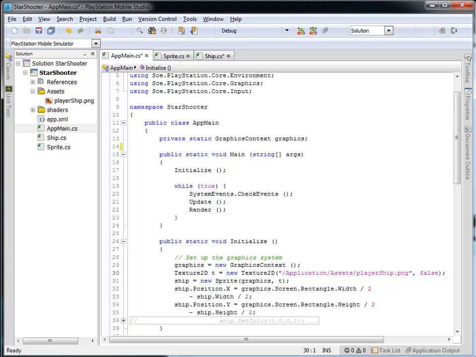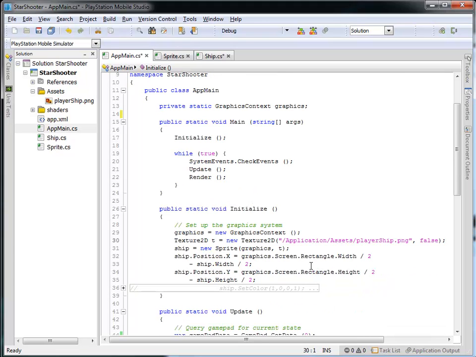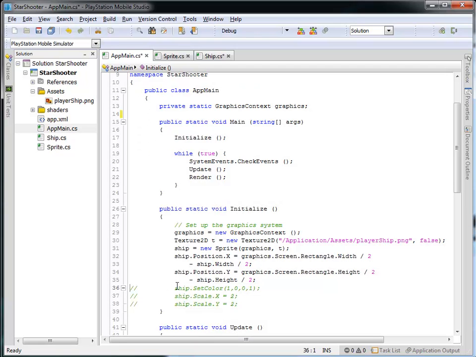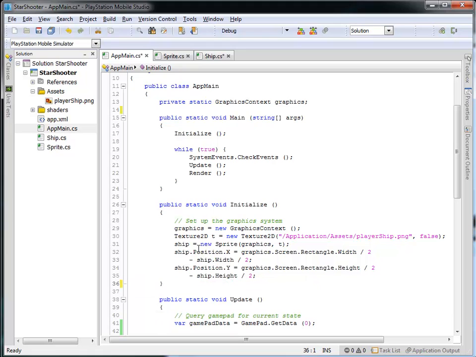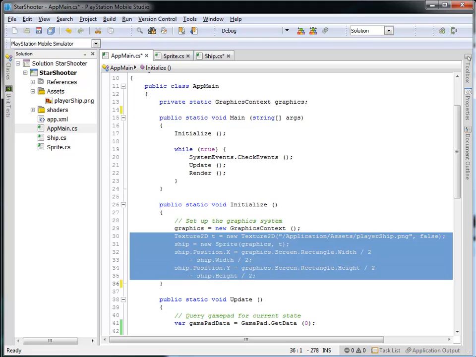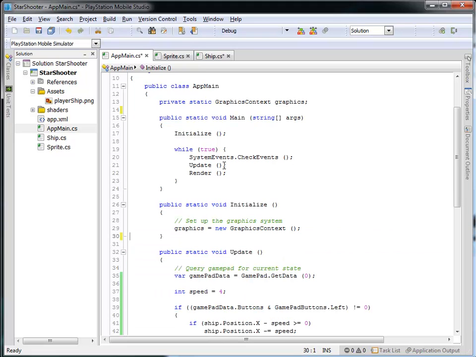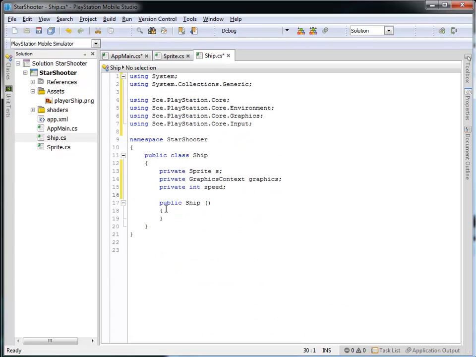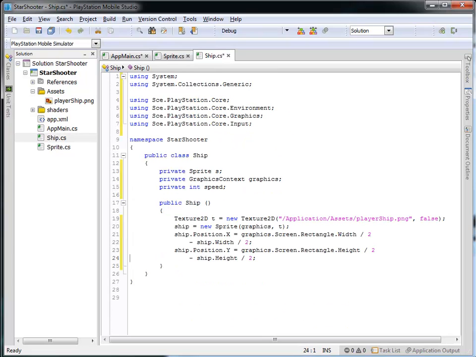graphics by taking this information here that we had, and I'm going to move that into the ship class itself. So I'm not doing any of this setting the color and so forth and the scale, let's go ahead and remove that. That was just us playing around earlier. And I'm going to take this information about the texture and setting the position of the ship. I'm going to cut that now out of the app main and put it in here into the constructor of the ship itself. So now I'm going to set up the texture, and I'm going to set up the graphic,